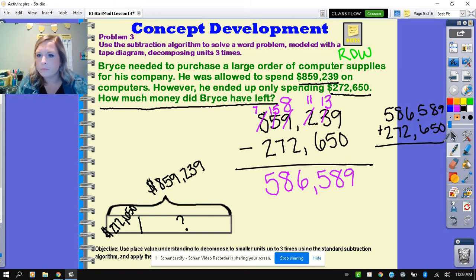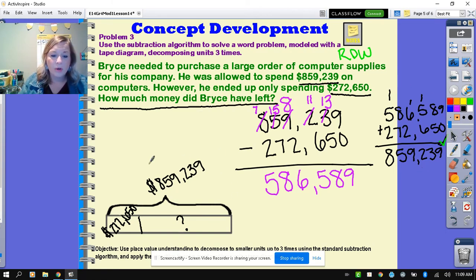650. 9 plus 0 is 9. 8 plus 5 is 13. 6 plus 5 plus 1 is 12. 6, 7, 8, 9. 8 plus 7 is 15. 5, 6, 7, 8. Woohoo! I got the same total, so my answer checks out. Ooh, that was supposed to be in green. Checks out. Okay, the last thing we have to do, we read it, we drew it with our tape diagram,